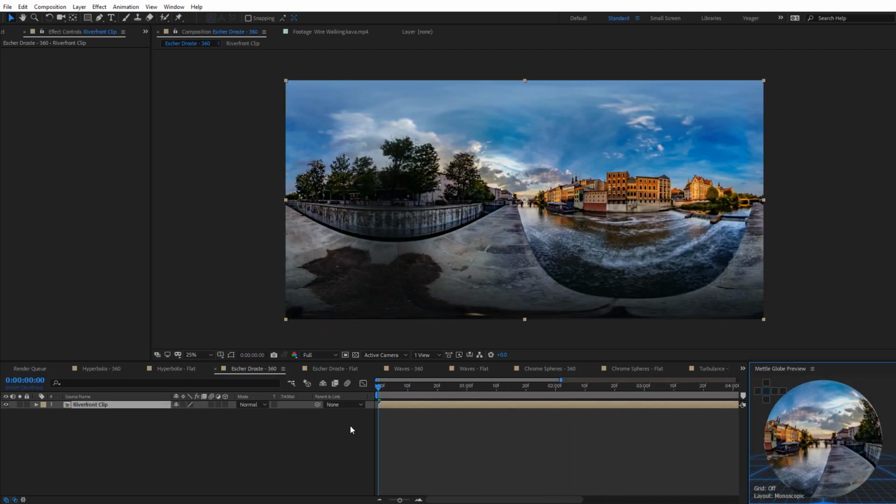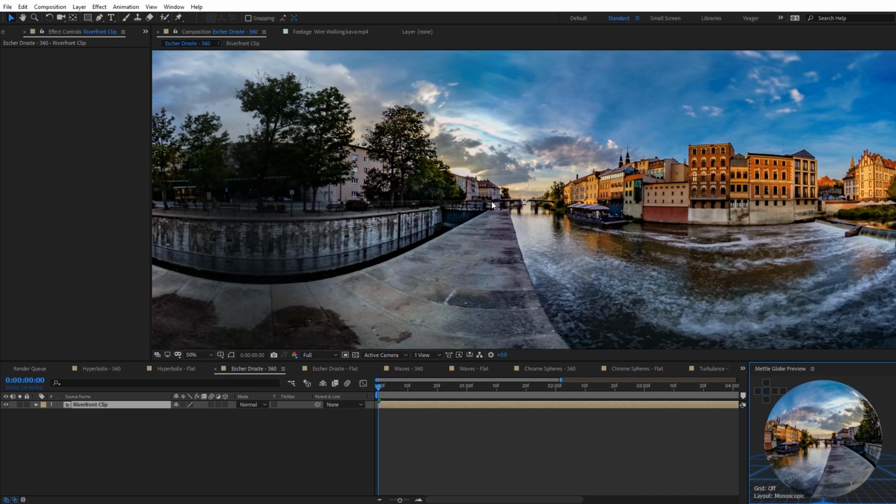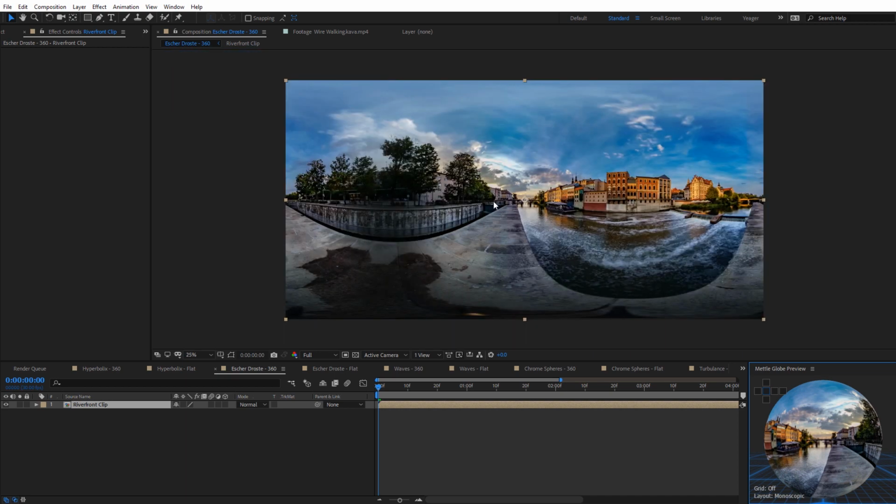All right, so let's jump over to another 360 shot and let's explore the Escher-Droste effect and create an infinite zoom. So you can see we've got this shot of the riverfront here and we're looking down at this bridge. And this is going to be a cool shot we can zoom into with the Escher-Droste effect from